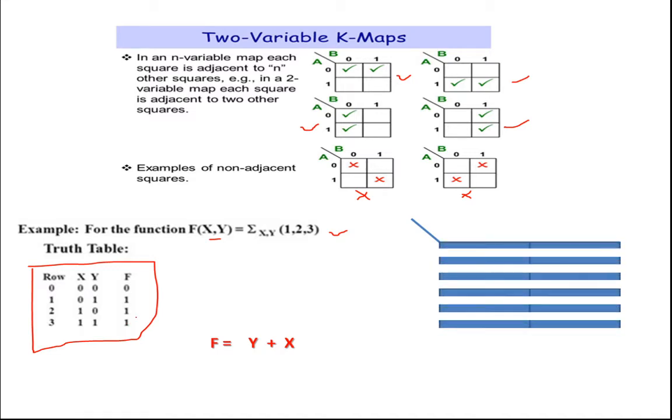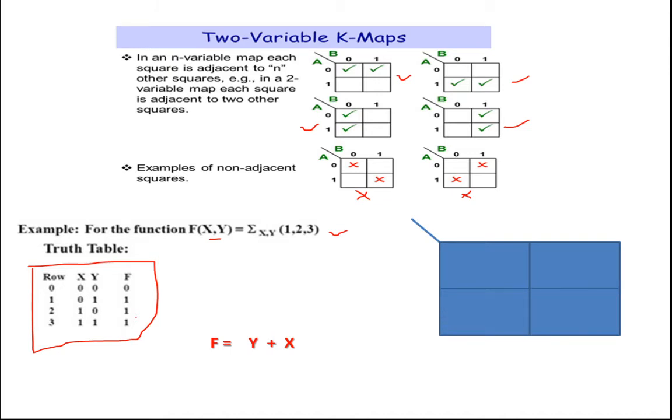So now we'll construct a two variable K-map. Here we have four cells. We have two variables x and y. Either y can be 1 or 0, and we represent it as y and y bar. Similarly, x can hold a value of 1 or 0 at a given point of time, so we represent it as x and x bar. So we have this 0 and 1.